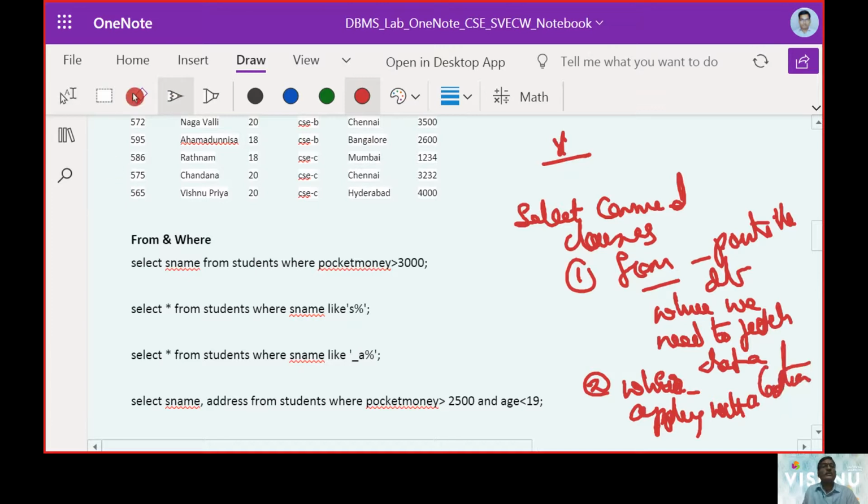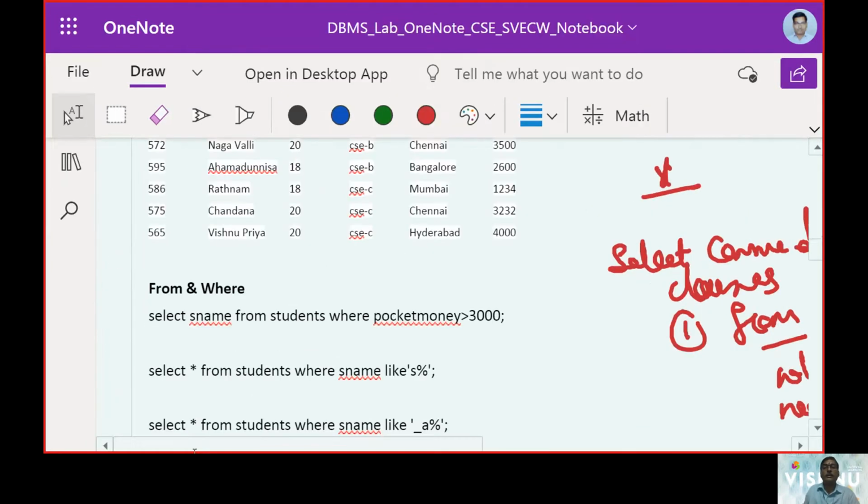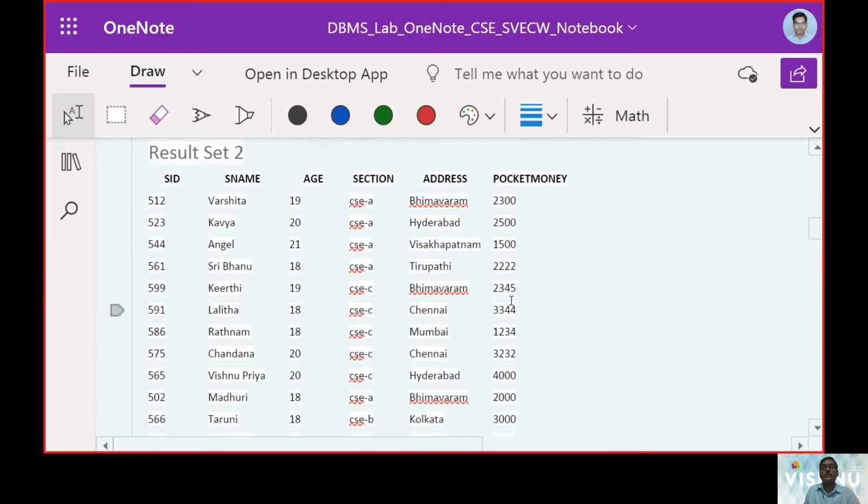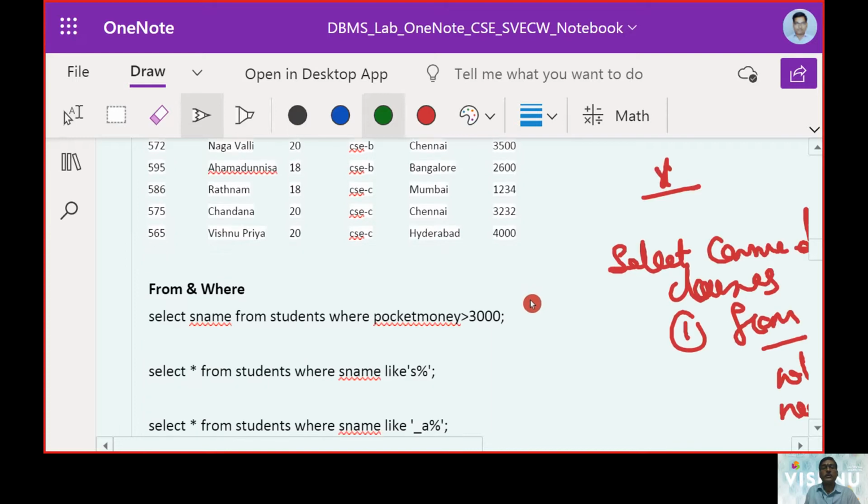So if such is the case, we will work with this first one: select student name from students where pocket money was greater than 3,000. So the pocket money amount should be greater than 3,000. This was the questionnaire.